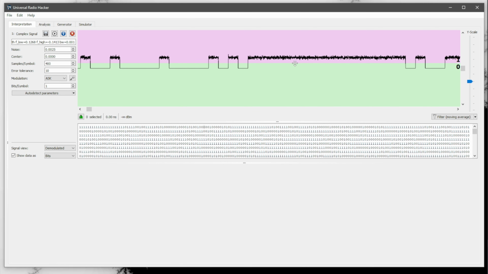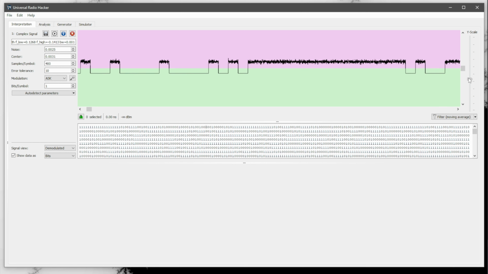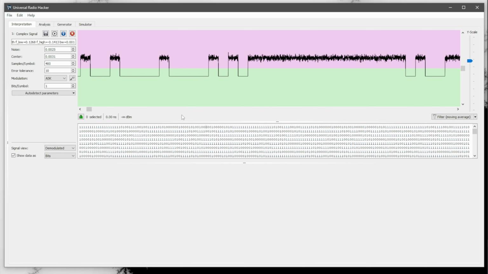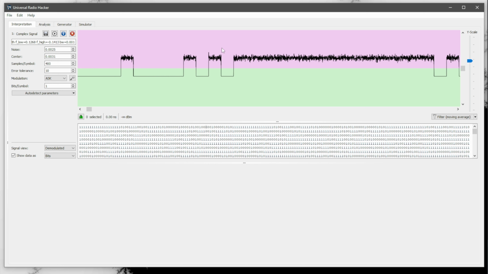You'll want to set this to the midpoint of the signal. Anything in the green area is considered a digital 0, and anything in the 1 area is considered a digital 1. Let's zoom in a little bit more on the y-axis. So here what we're saying is that, for example, this should correspond to a 0, while this should correspond to a 1. And if we count the samples, like 400 samples, 400 samples, 400 samples, this should represent a series